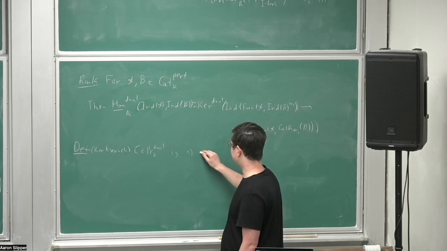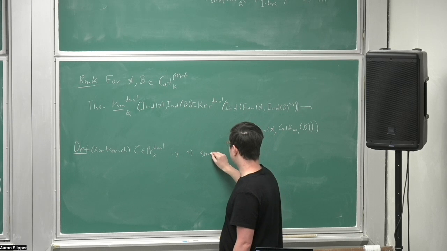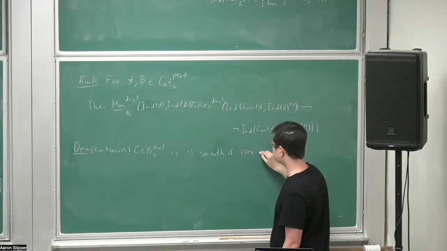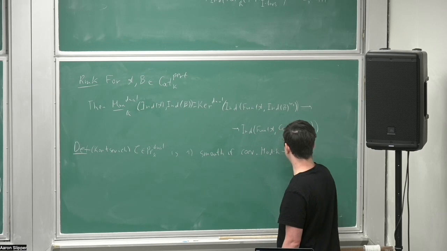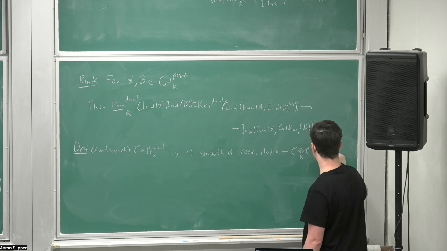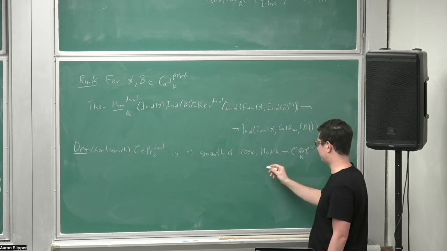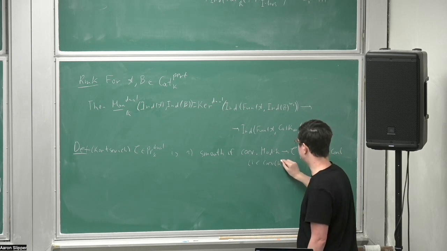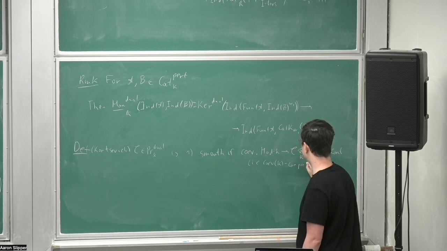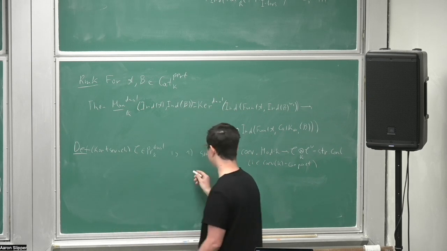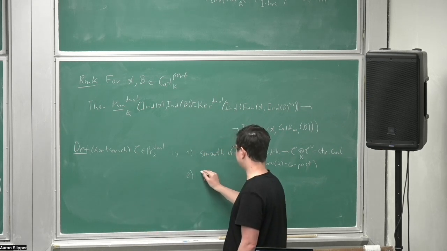So first, it is smooth if the coevaluation functor from K-modules to C convex dual over K is strongly continuous, but this just means that the coevaluation of K is a compact object. So this is like the statement that the diagonal is compact, just the usual notion of smoothness, and it's proper